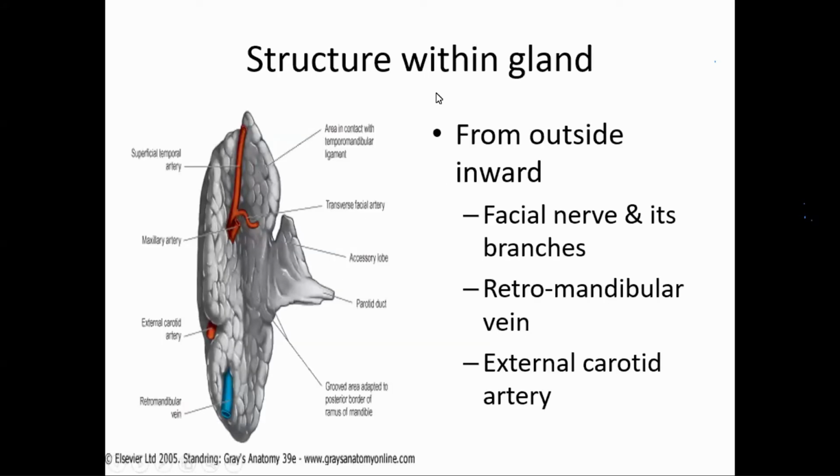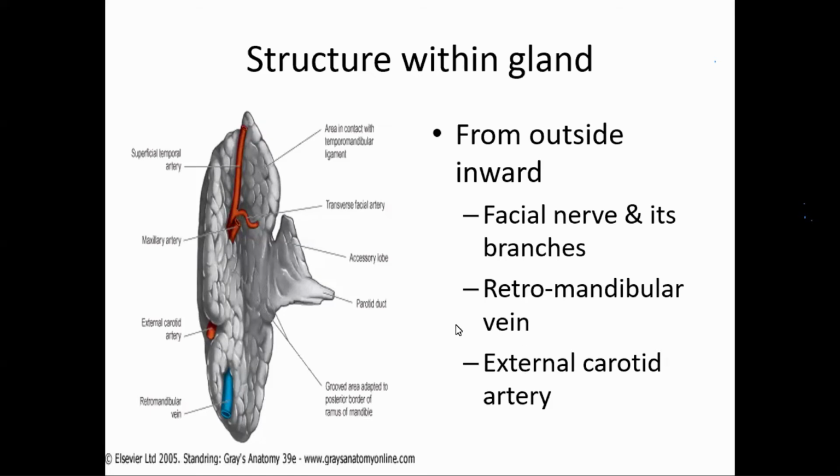Sometimes the structures within the gland may be asked. What structures are present within the parotid gland, from inside outward or from outside inward? From outside inward, the structures present in the gland are the facial nerve and its branches, the retromandibular vein, and the